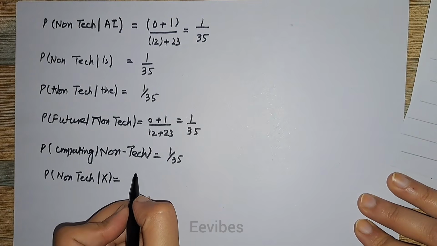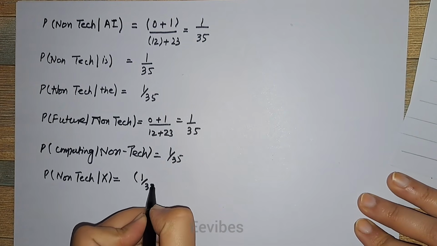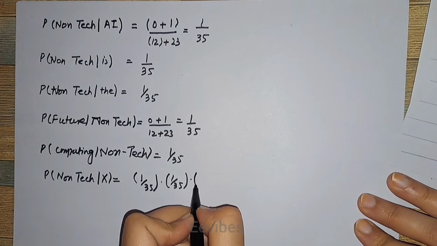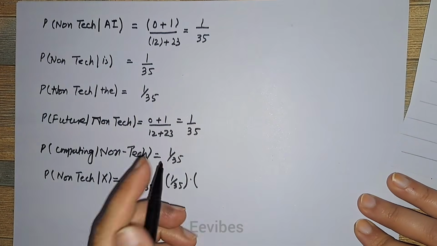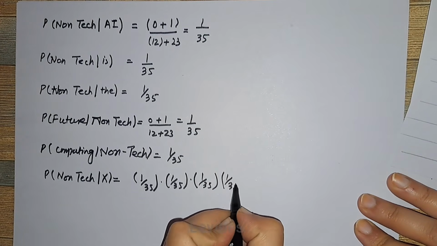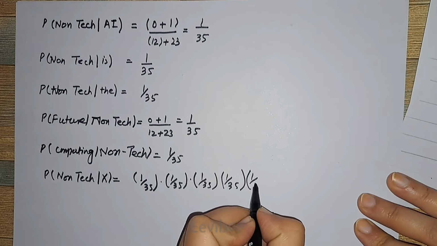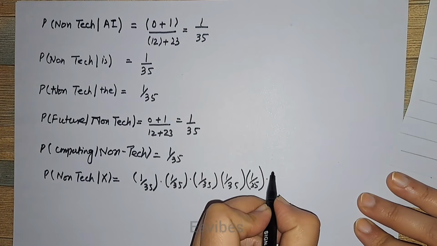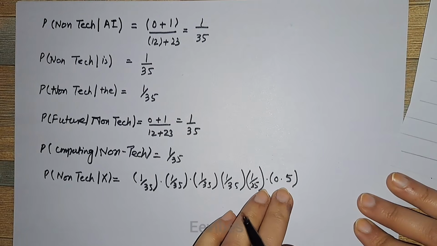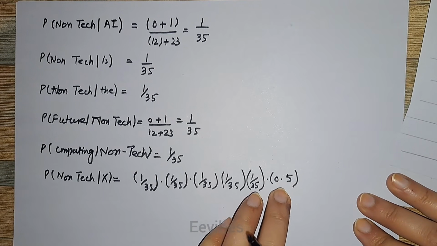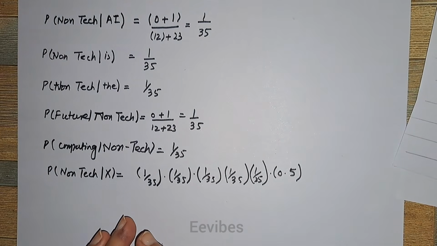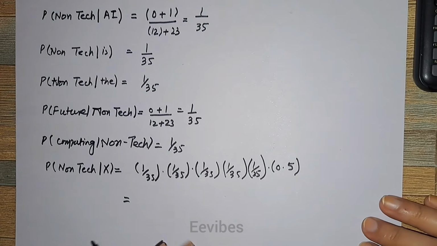So that is equal to 1 divided by 35 into 1 divided by 35 into 1, 2, 3, 4, 5 terms. And finally, we will multiply it with the probability of being from the non-tech class, which is equal to 0.5 as determined initially. Let's just simplify it and we will get,